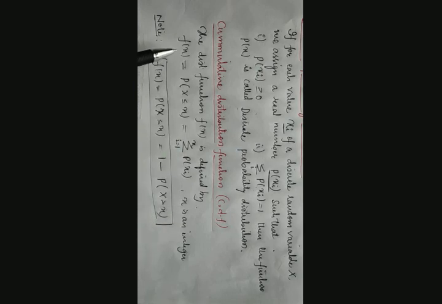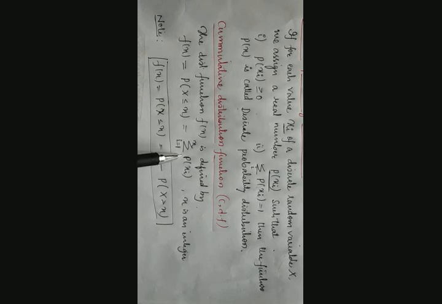To say the distribution is a discrete probability distribution, these two conditions must be satisfied. And in some of the examples, we even need to calculate the cumulative distribution function, CDF. What is the cumulative distribution function? The function f of x is defined as f of x is equal to probability of X less than or equal to x, that is equal to summation of p of xi from i is equal to 1 to x, where x is an integer. Means what? Here, to get the function f of x, we need to take the help of probability with the help of summation.